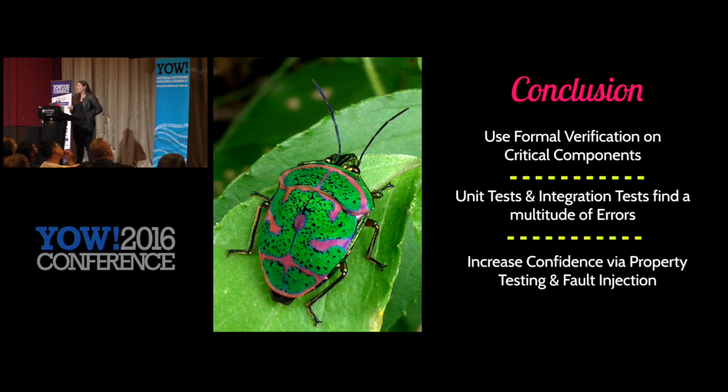Okay, so let's wrap it up. In conclusion, if you're building a supercritical component, core infrastructure that's powering the entire internet, maybe think about using formal verification because it does have a lot of great benefits like they showed at Amazon. Unit tests and integration tests find a ton of errors, actually way more than I expected, and I was always a proponent of testing. And basically, try out things like fault injection testing and property-based testing with your teams. They're super easy, they're super low cost, and they expose a ton of bugs, and when it does succeed, it greatly increases your confidence that you can deploy this to the wild and everything is going to be fine.